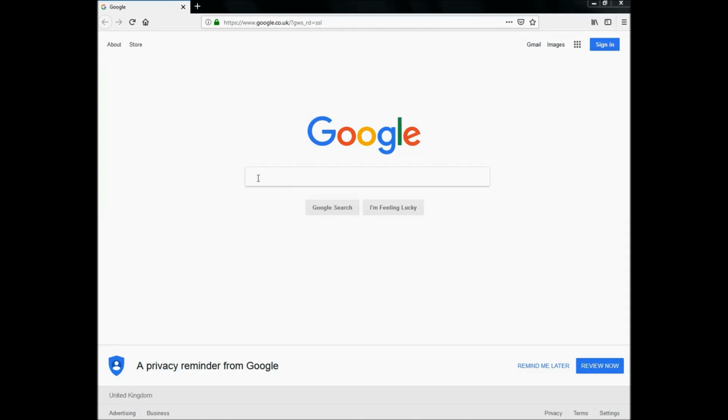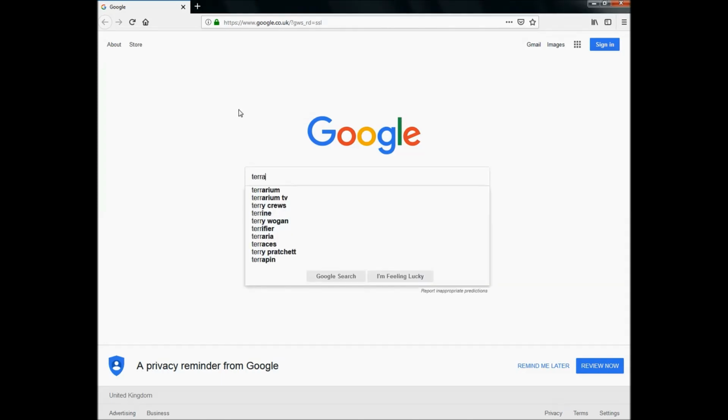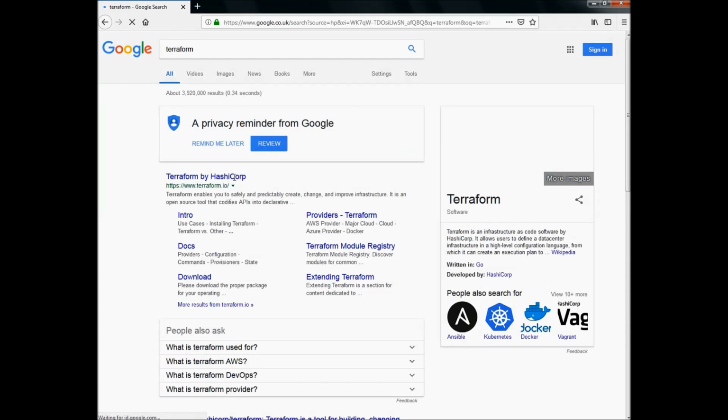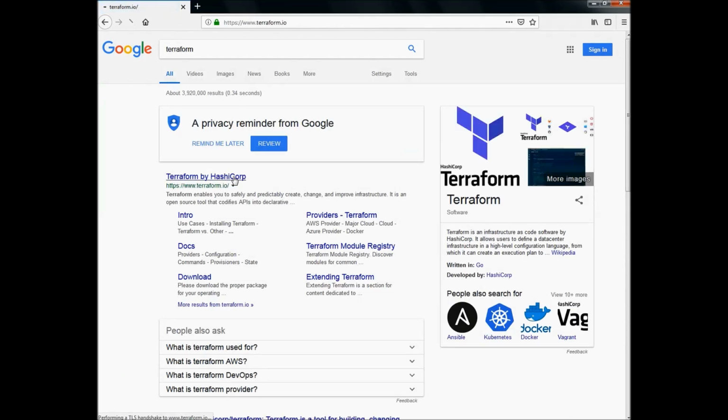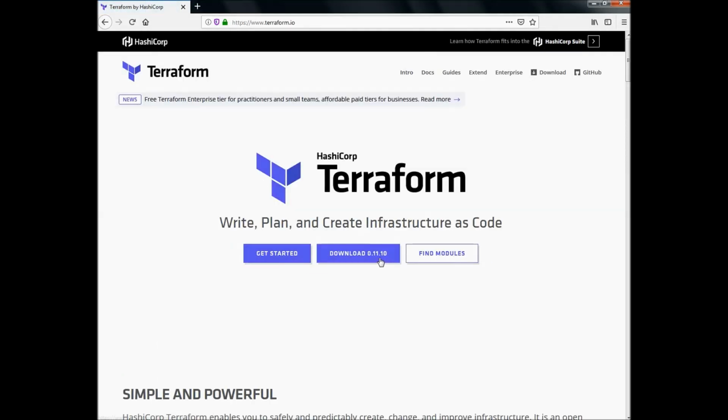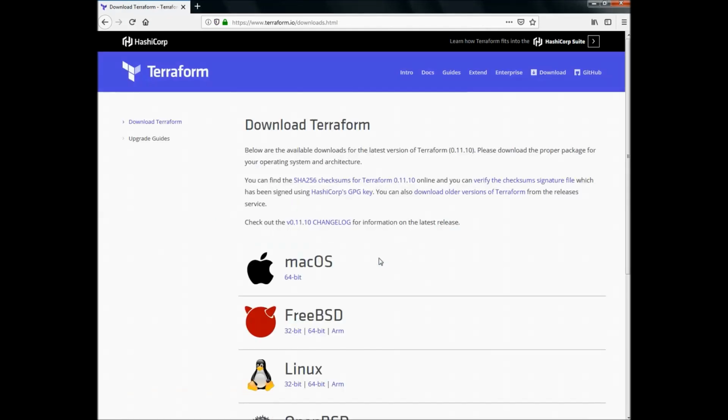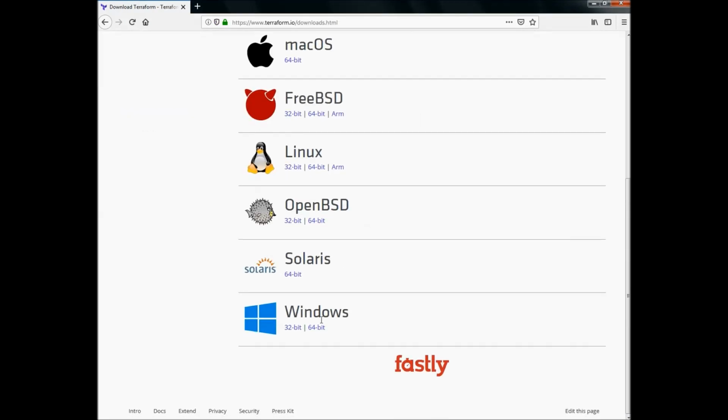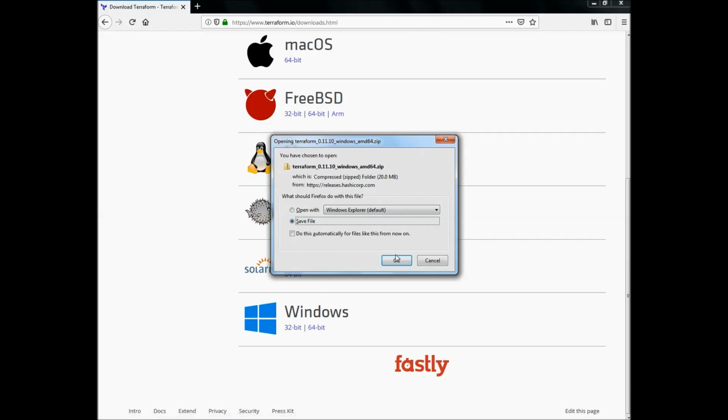So if we go to a browser and type Terraform, we're looking to download the Terraform package. If we go to the Terraform site, and then download the package for your operating system, in this case it's Windows 64-bit,